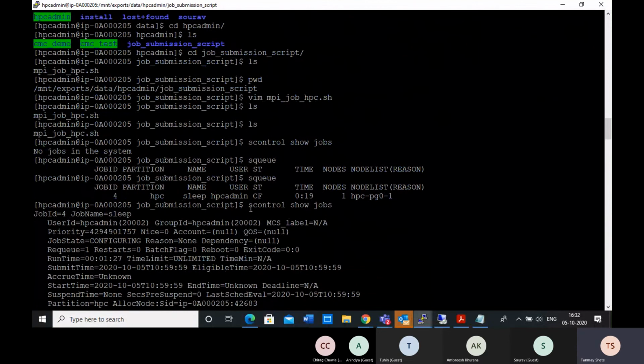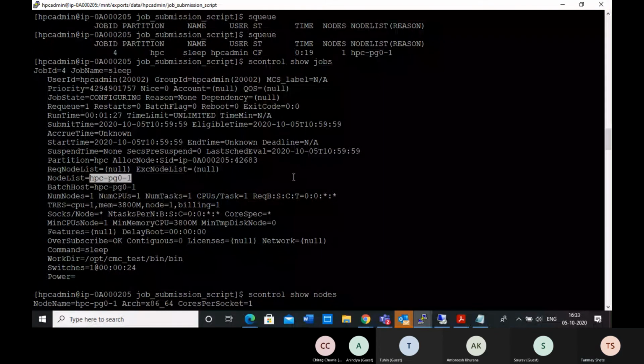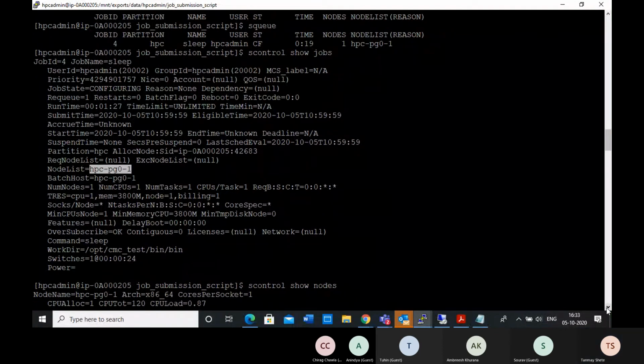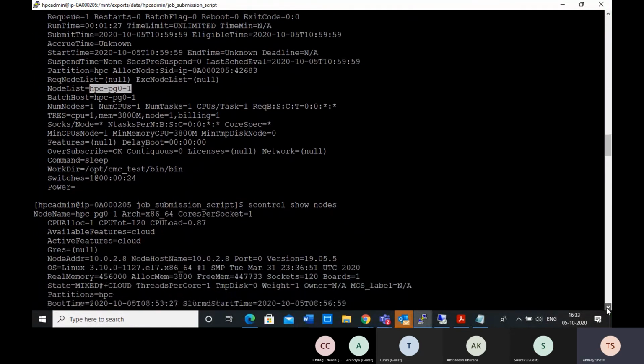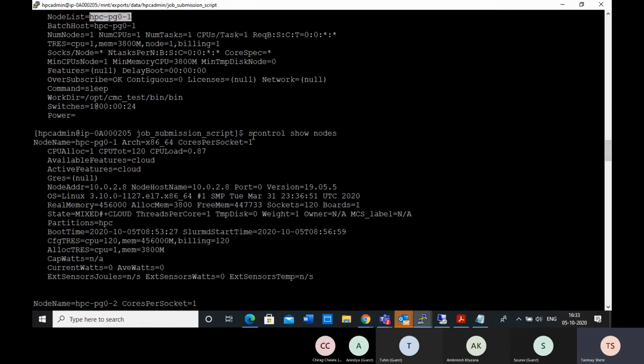So I ran scontrol show nodes, and it is going to show me all the nodes. This is the first node, HPC, and all the information is given here.